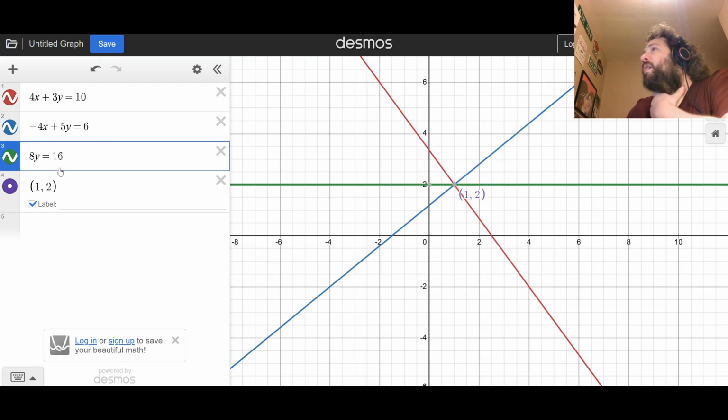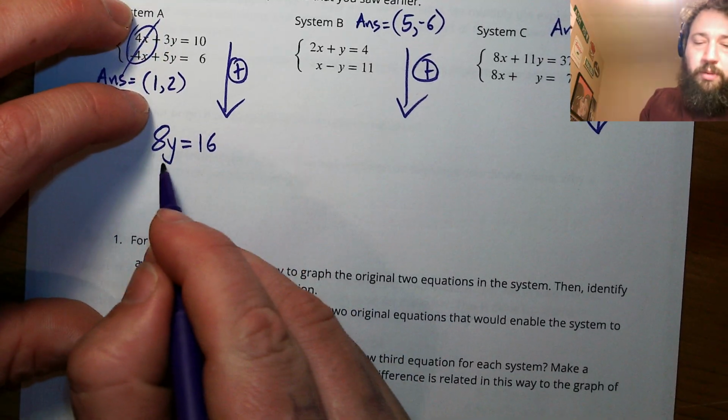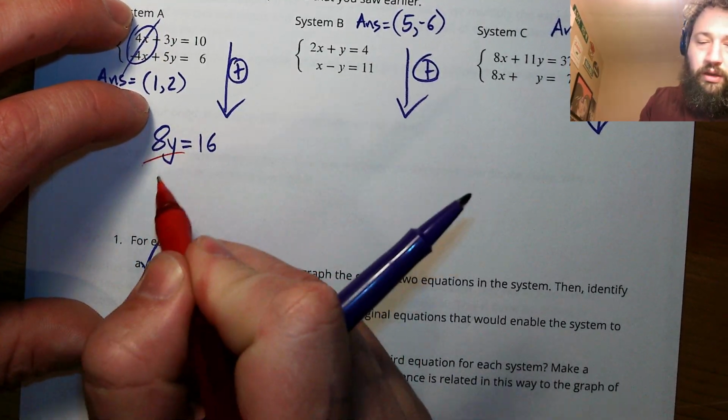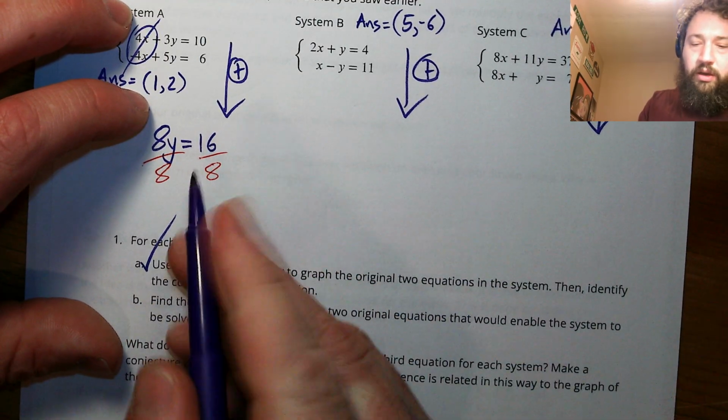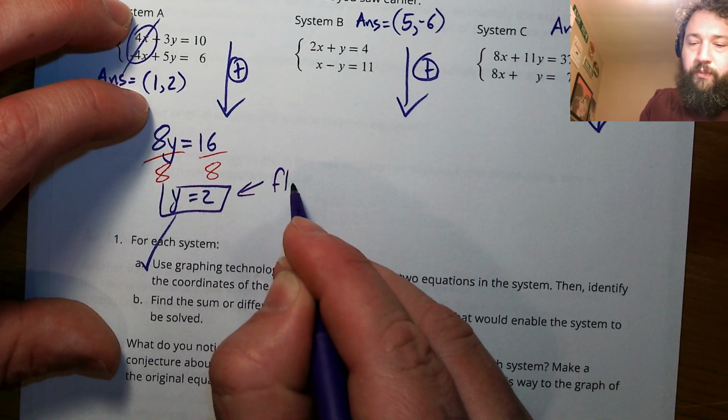Huh. I got this flat line coming through here. This flat line is a y equals 2 line, which makes sense because when I solve this term here, I would get y equals 2. That's interesting to see. And it also crosses at that same point. That's really interesting. Because if I finish this up and I divide by 8, I'm going to get y equals 2. And that is that flat line